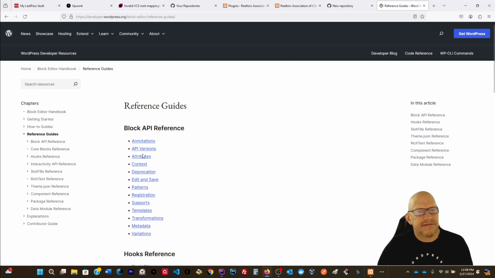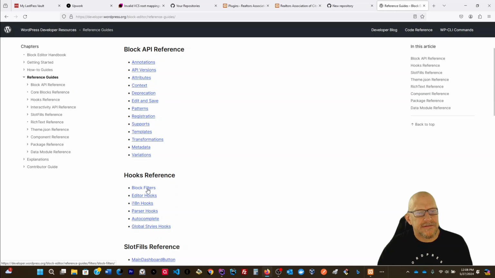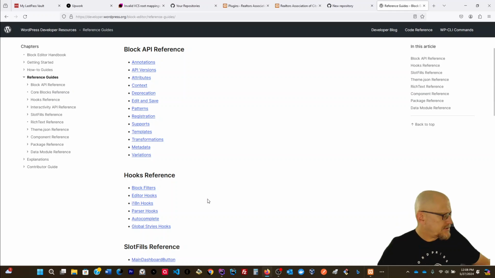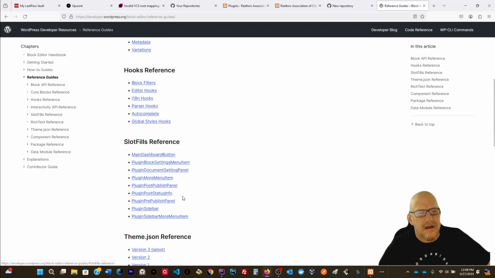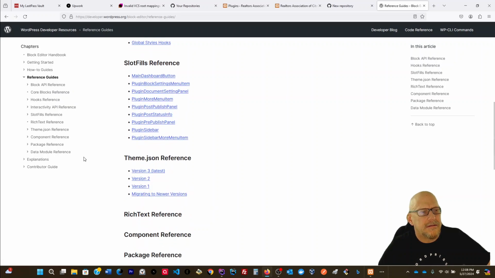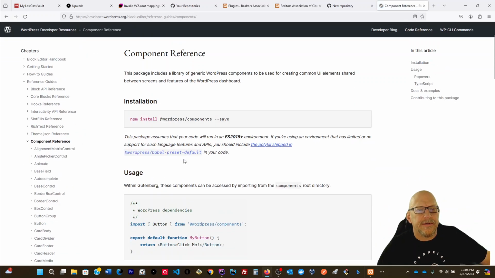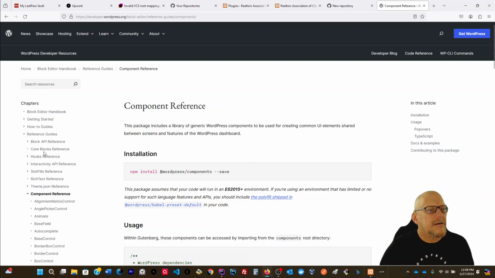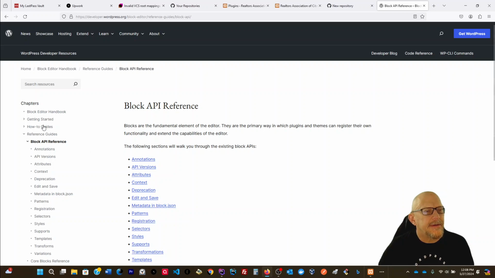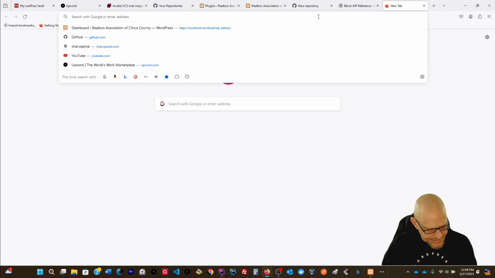Templates, blocks, plugins, attributes, block filters, parser hooks, autocomplete. Component reference. This can come in handy. I don't see the command I'm looking for. The CLI command. Oh, I know why. Because we need to go to